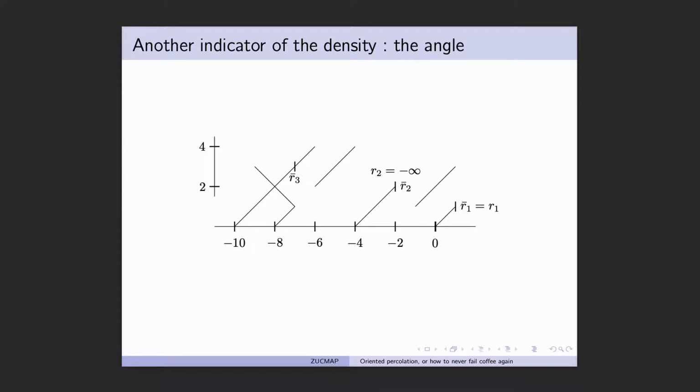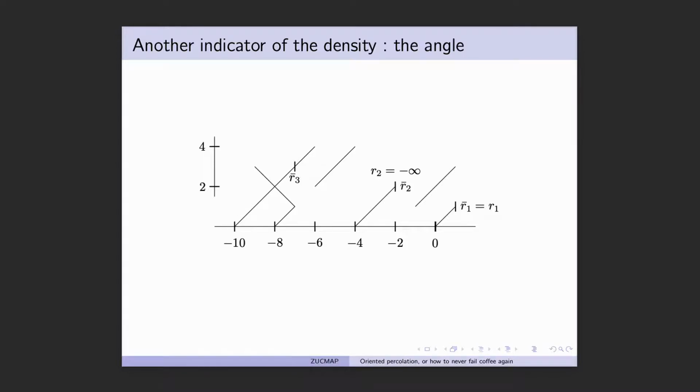In this case, we have very few edges, and from 0 we are able to go to height 1. So we have this R_1, which would be equal to 1 in this case. But since it's not connected to a height 2, then my R_2 will be minus infinity, because there is no vertex I can look at. On the other hand, maybe I go further to the left and I meet a point at which I can go to height 2, and the first time at which I can do this gives me this R_2 bar, and then maybe I have R_3 bar. I have to go even more to the left, and so on.